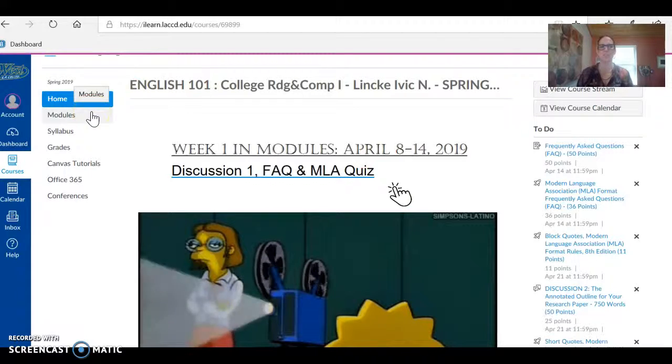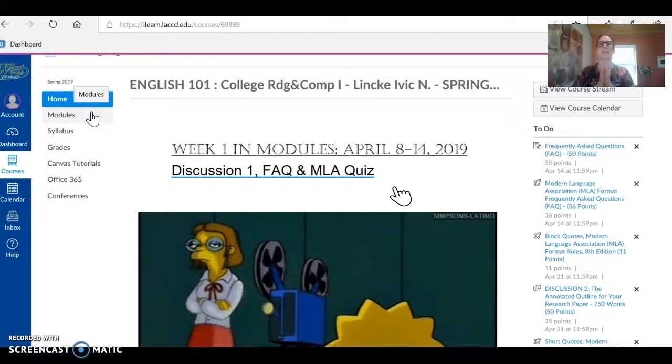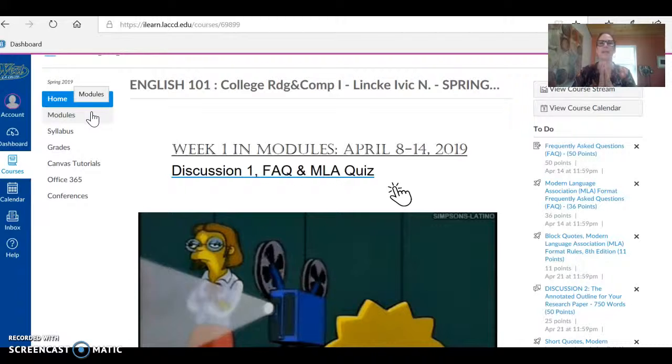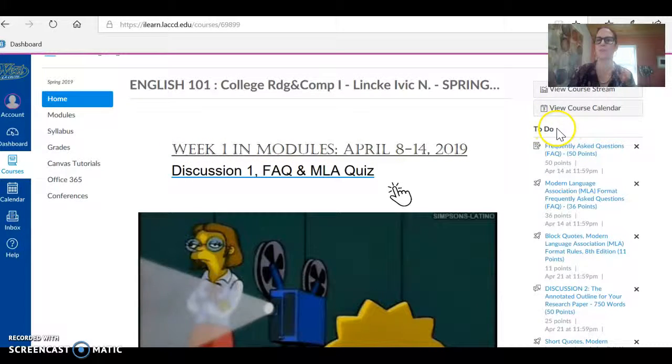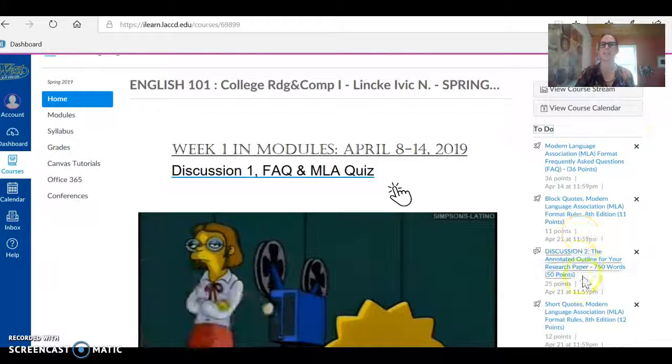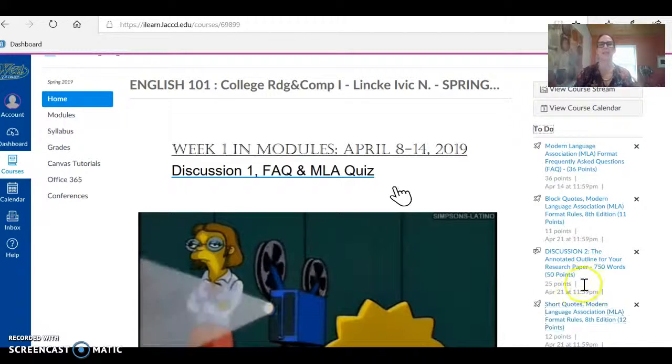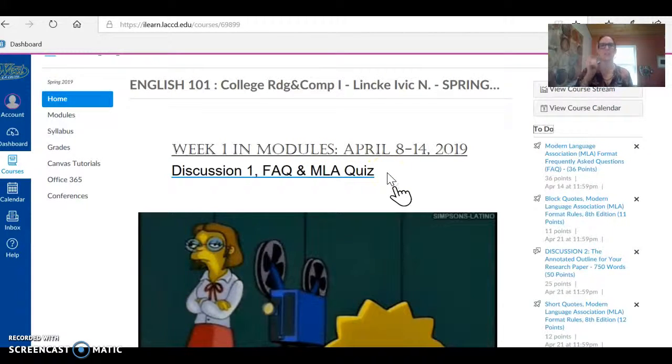Now, modules is our Bible in the classroom. It contains everything we need. We don't need any other tab to get to our assignments except for modules. So why do I put this to-do list here when you have one over here? The system generates one, and it's pretty nifty because when you're done with an assignment, you can simply click on this X and it'll go away and you can keep organized this way. So I like this to-do list, but the reason I like to put my own to-do list here with a link to modules is because it allows us to focus on 1 week at a time.